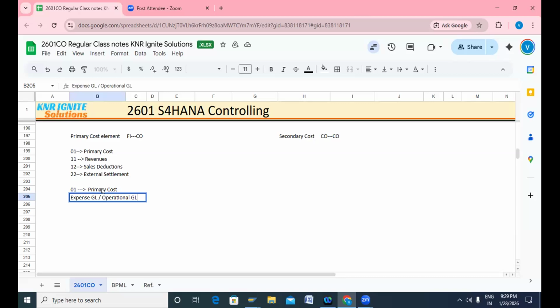All the operational GLs we will be creating under this category. Is that clear? Whatever GLs are part of your operations, we will classify here in this category. Example, again, a simple example: